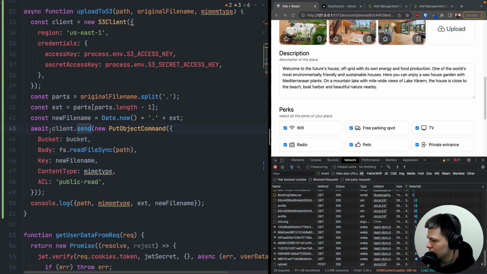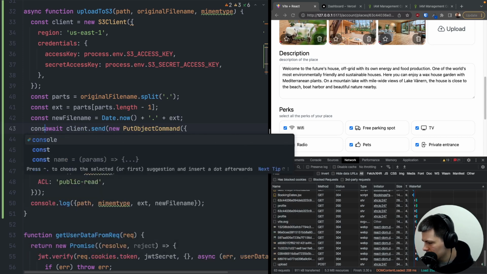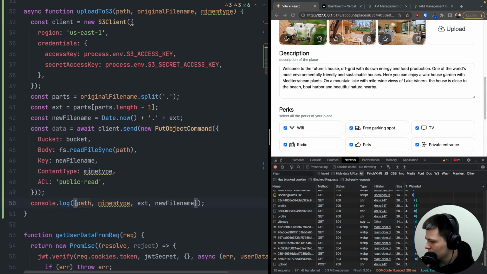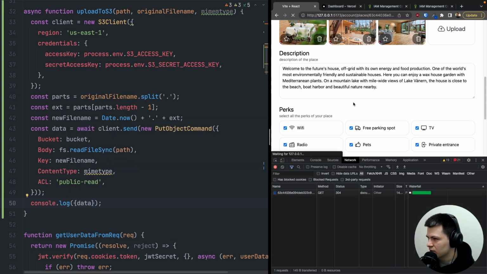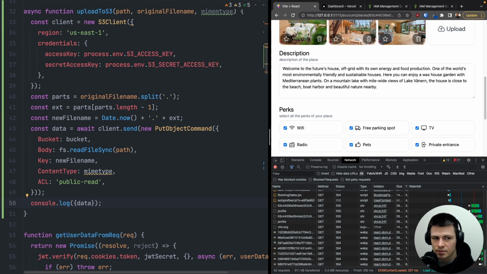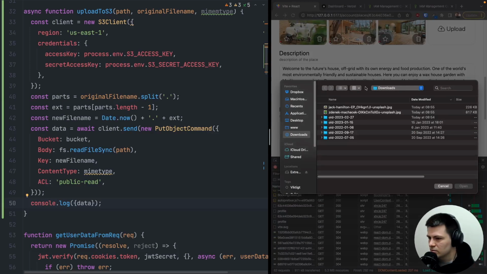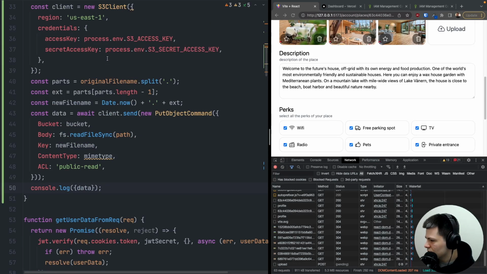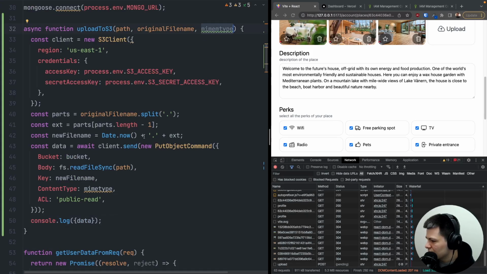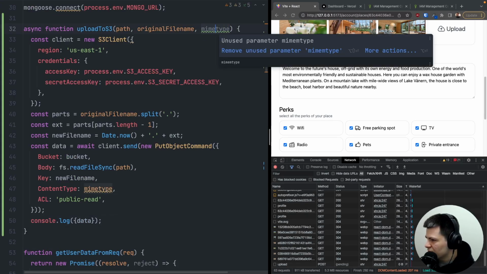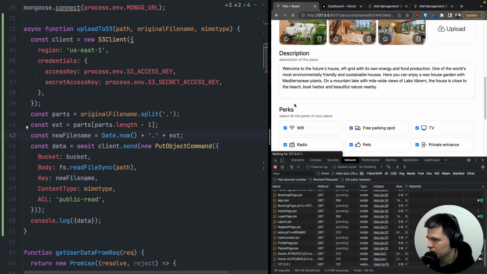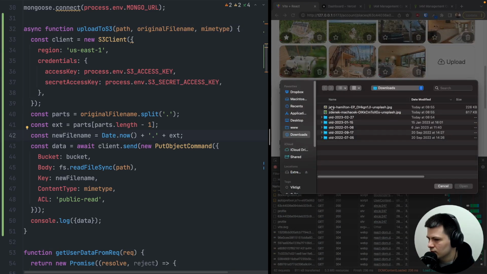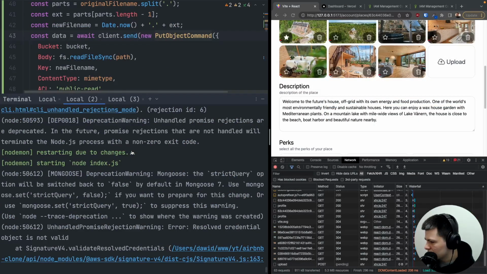And this will return some kind of data. So let's do const data equals this, and let's just print our data here, and let's see if it works. So now I'll refresh, and let's see. Let's upload our frog, and let's see, it's pending, so something didn't work. Let's see here, we have MIME type. Okay, it's wrong here, it should be MIME type, like this. Let's try again to upload something. Upload our frog, and looks like it